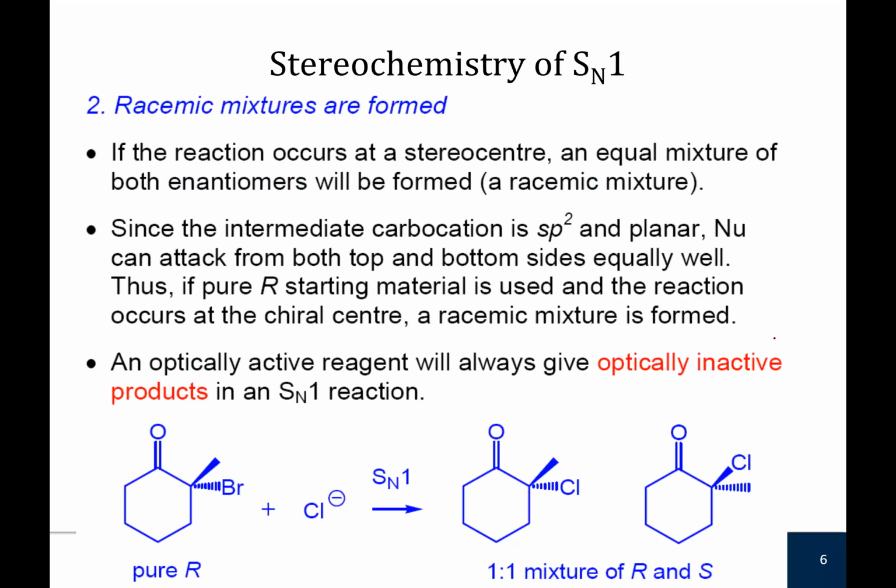So if we're talking about the stereochemistry, a clue for the SN1 reaction is that you get racemic mixtures. And I'm going to refine this a little bit. You get, they're kind of 50-50, not 5-50. I'm going to say 1-to-1. I want to say epitopic at the reaction center.